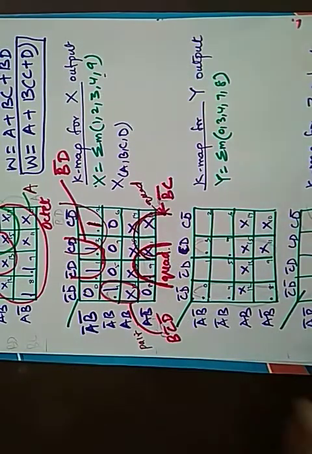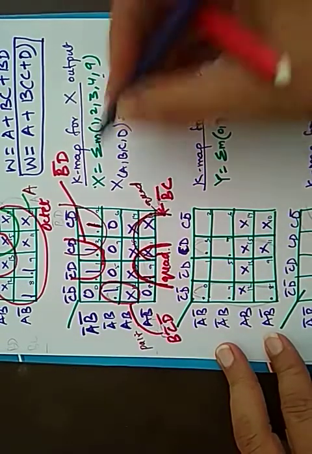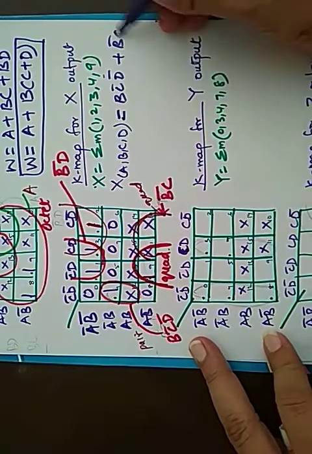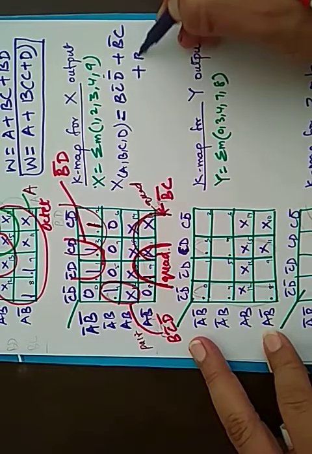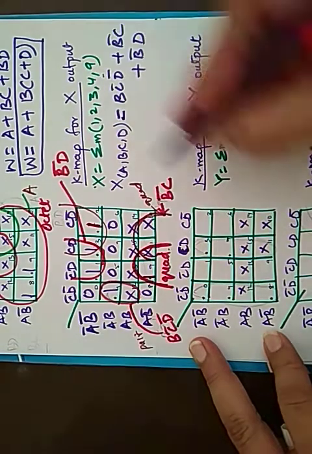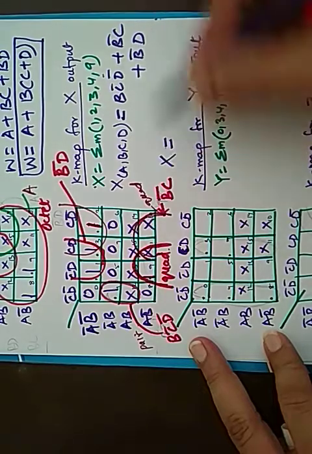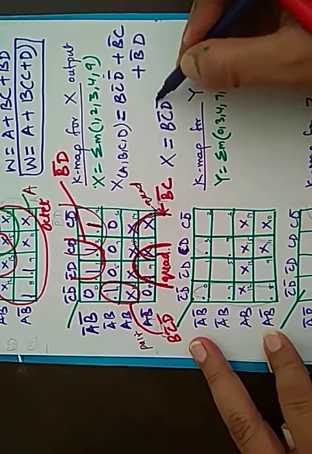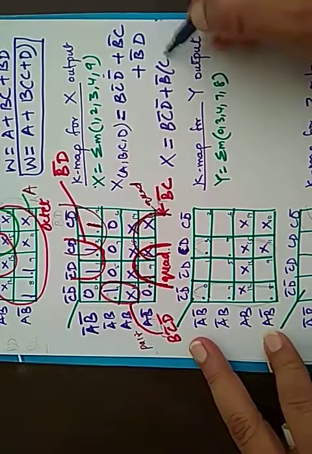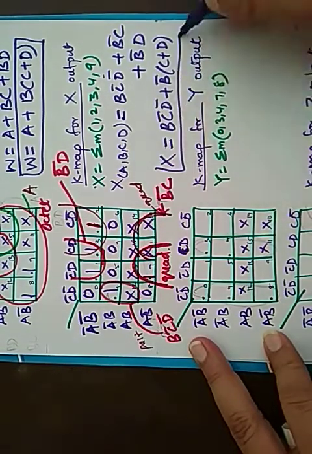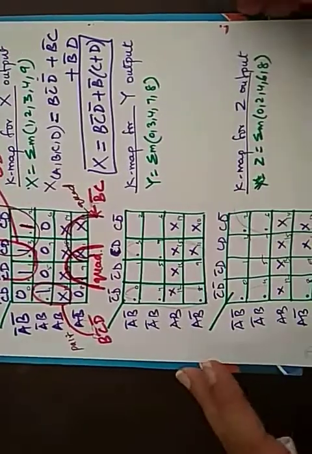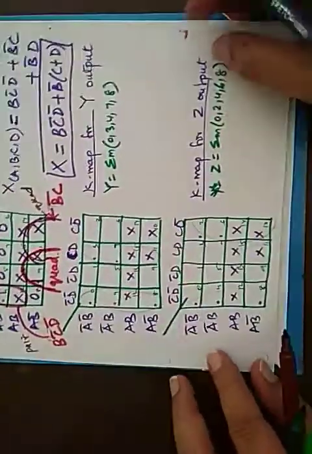So we can solve the function X as the sum of all these. We start with B, C bar, D bar plus B bar C plus B bar D. And we can simplify a little, taking the B bar common here. We can write this as B bar, C bar, D bar plus B bar, in the bracket we have C plus D. So we have solved the second output. Similarly, now let us do the third and then the fourth.